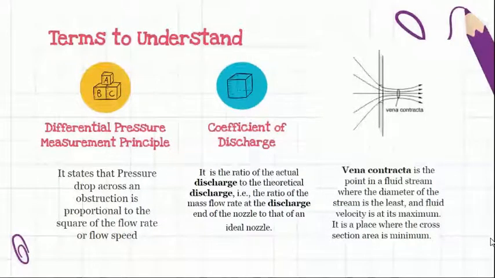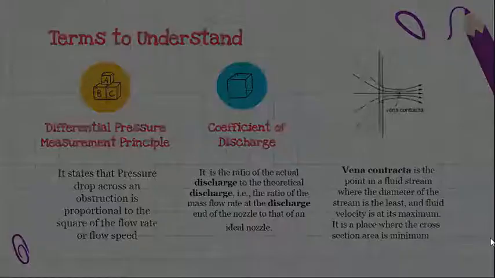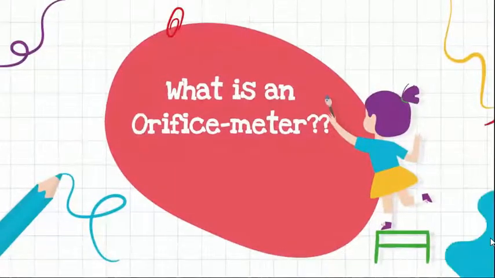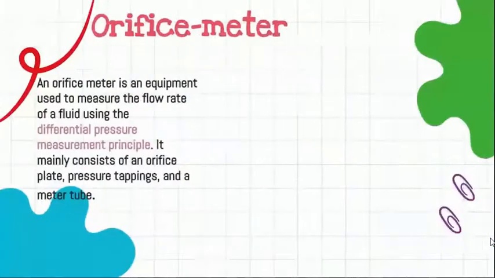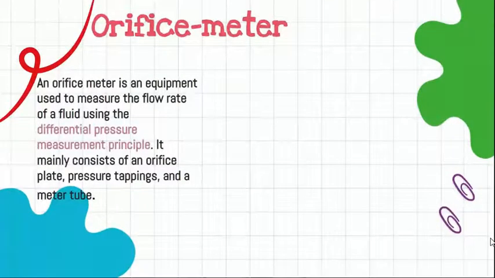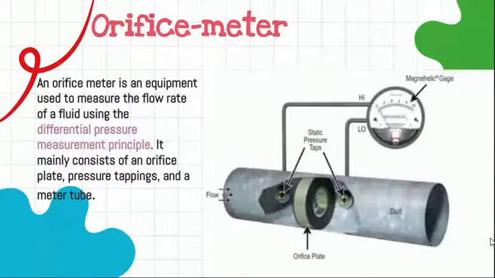Now further we will go into the orifice meter. What is it actually? What is an orifice meter? It is an instrument used in fluid mechanics, whereas we have another instrument, the venturimeter. We need to know why we use an orifice meter and what a venturimeter is. We will come across differences later. But we have learned the venturimeter, now let's learn what an orifice meter is. Then we will compare them.